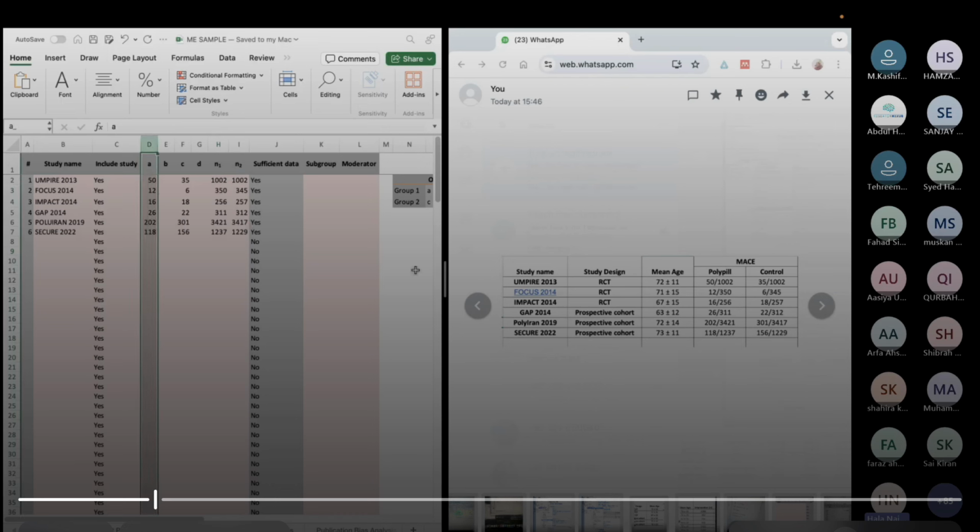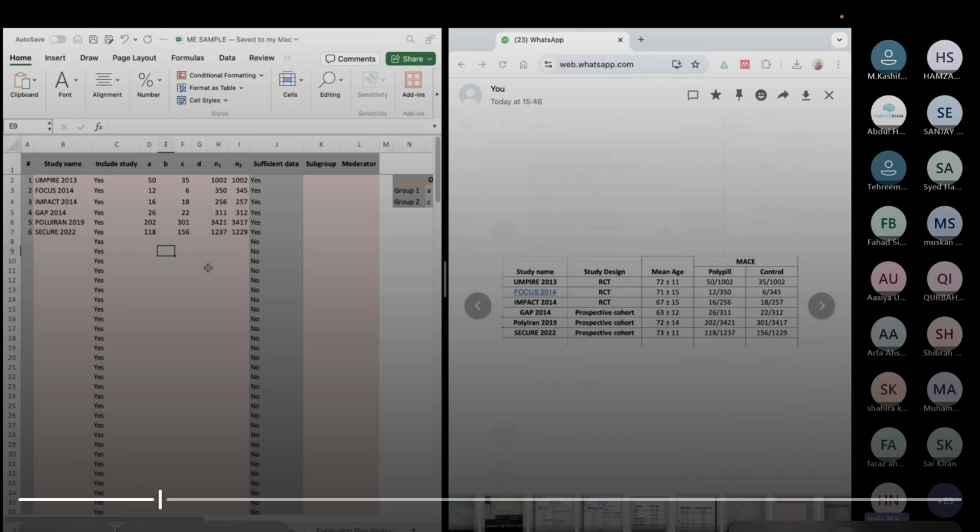A में आएगा the number of events in the MACE, number of events in the intervention, which is the polypill group, for the MACE outcome, because हम regression कर रहे हैं age on MACE. ठीक है, हम देख रहे हैं कि age का कोई effect है या नहीं. अभी तक age add नहीं की है. We've only added the number of events in the polypill group for MACE, which is A, and number of events in the control group, which is the column C. ठीक है, is everyone with me?